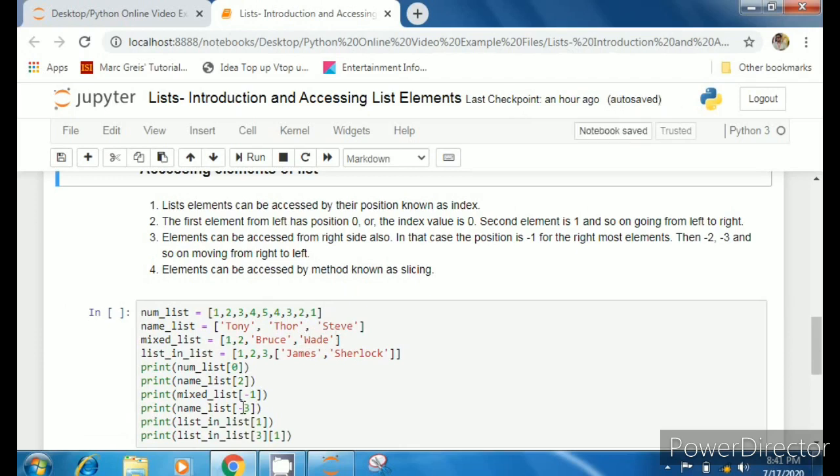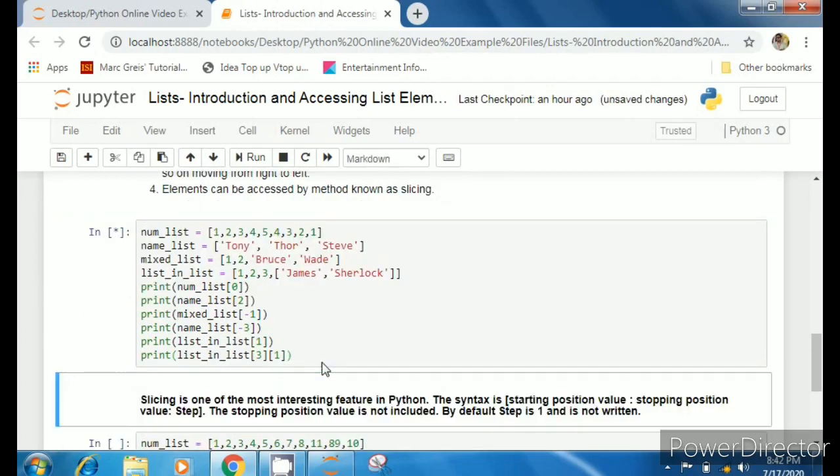Whatever you have to write goes within square brackets. This is the most important thing: the variable name or list name which you are giving, then square brackets and the index position. If you are starting from the left side, then 0, then 1, then 2. And if there is a nested list, then that entire nested list will be treated as the next index number. Like here 0, 1, 2, and then there is a nested list, that entire nested list will become 3. And if I want to access some element within that nested list, then I have to first write the nested list's index number and then the index number of that position.